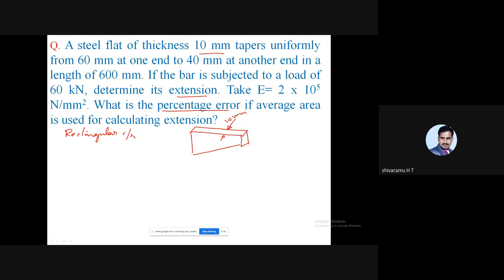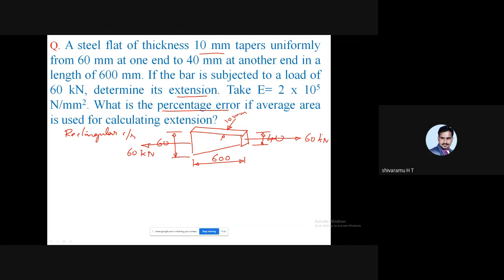Thickness is 10 millimeter. The bar tapers uniformly from 60 millimeter at one end to 40 millimeter at another end, and its length is 600 millimeter. The bar is subjected to a load of 60 kilo Newton. Determine the extension, and take Young's modulus